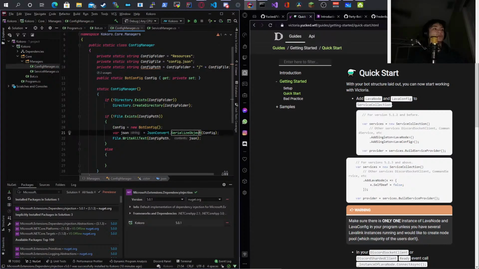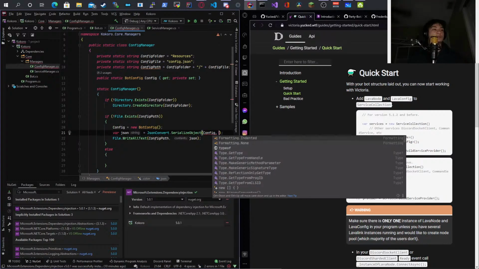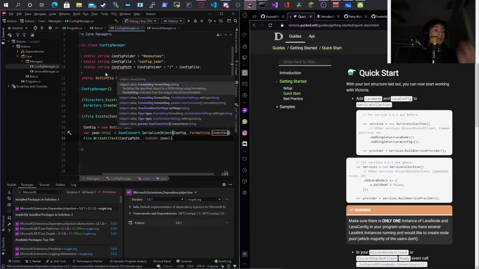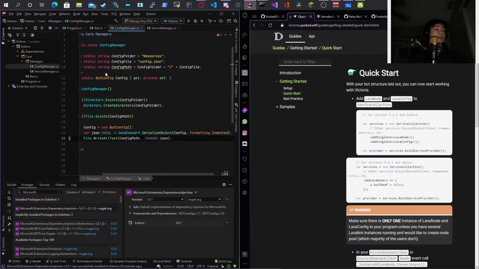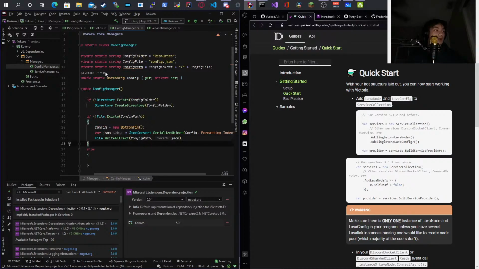And I forgot to do one more thing here. I wanted to do some formatting, so I need to do Formatting.Indented, because if I don't, it's going to be all in one line like always. Okay, now that's done. Now I'm going to say if it does exist, I want to read it.